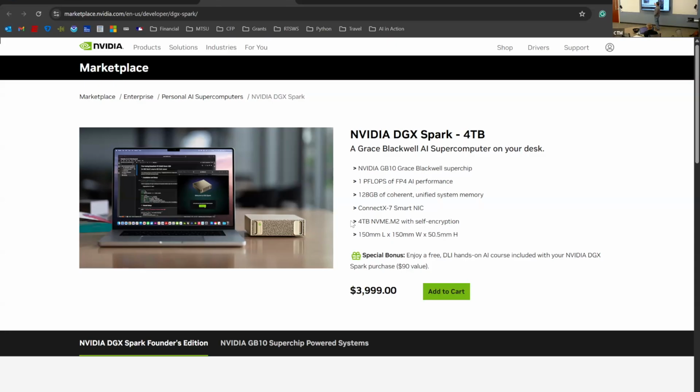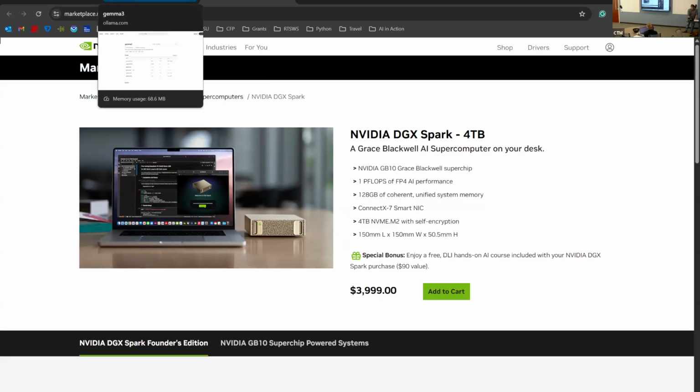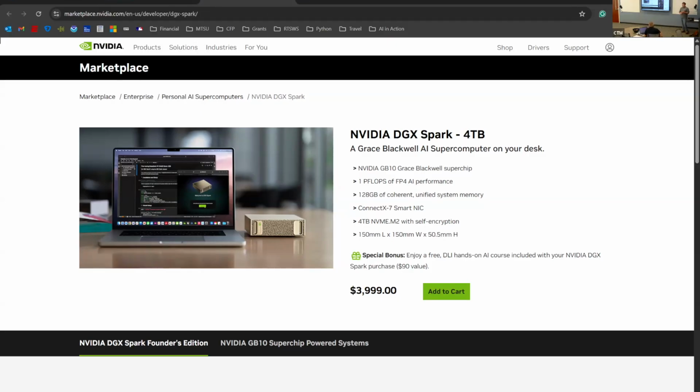But this is the first computer I've seen marketed that really tries to go at a broad scale audience who wants to run AI on their own system. All right. If we were using one of these, I imagine we could run every single model on this list and it would run super fast. But you will see that on my travel laptop, it's not going to run super fast, but well enough for a lot of purposes. If you are interested in creating images or videos, and you can do this as a non-specialist,